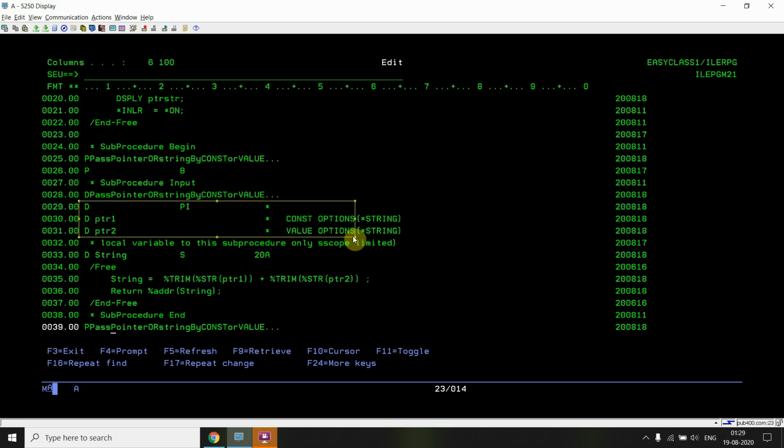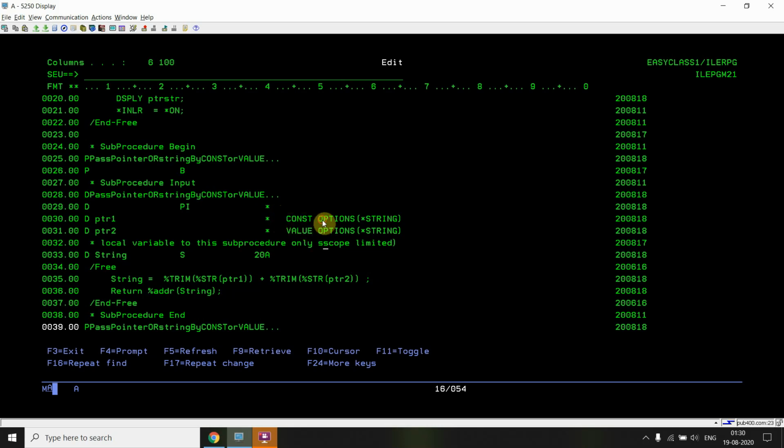Now this is the procedure interface, meaning here we are accepting the entry parameters as pointers. Those pointers are defined as ptr1 and ptr2, and the star denotes that this is a pointer variable. We accept those two parameters by const or value, meaning read-only reference and call by value. So these are defined as is.